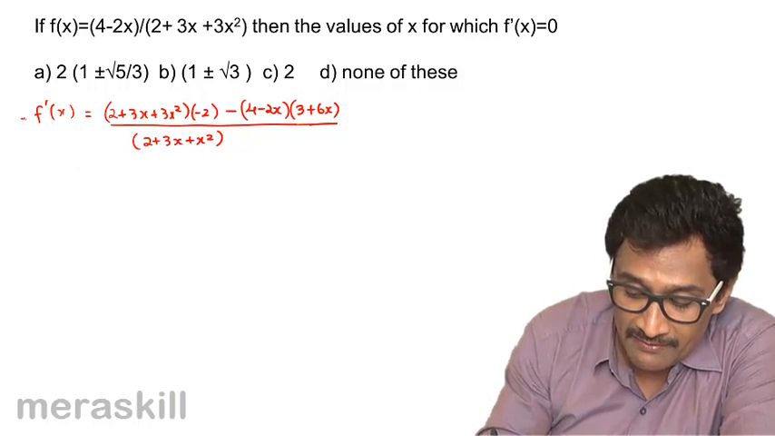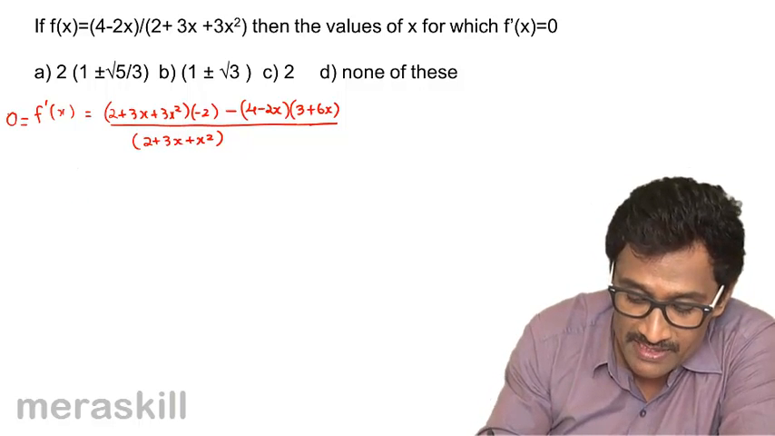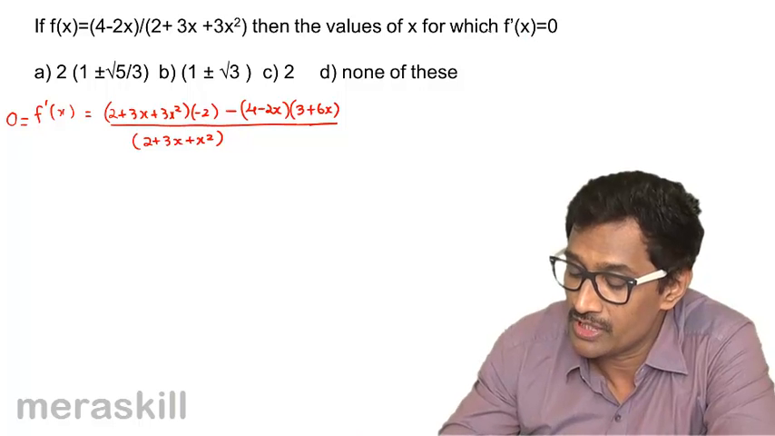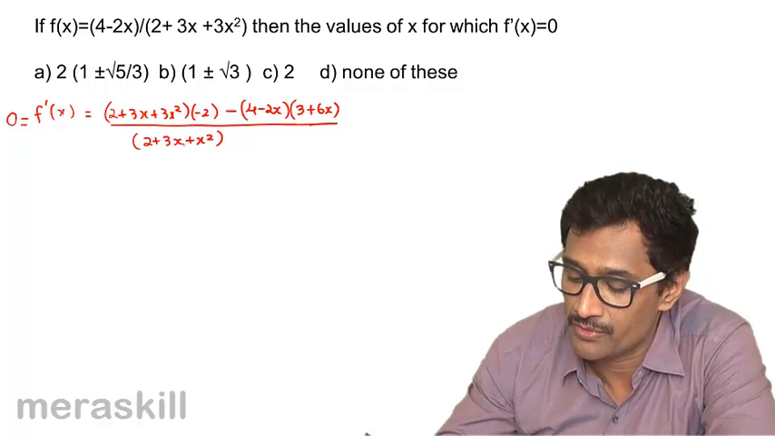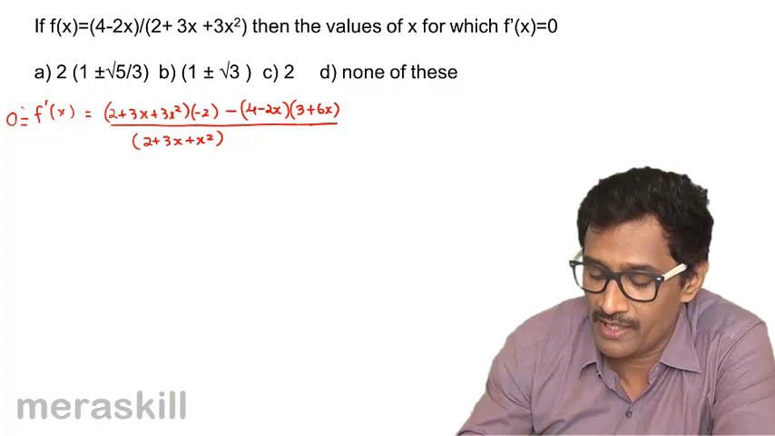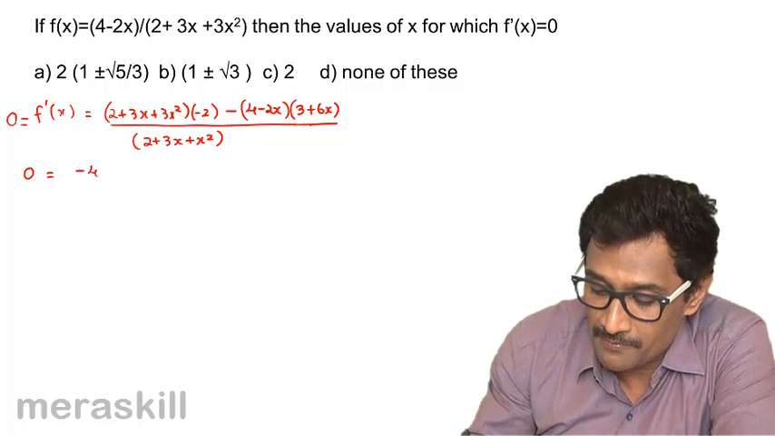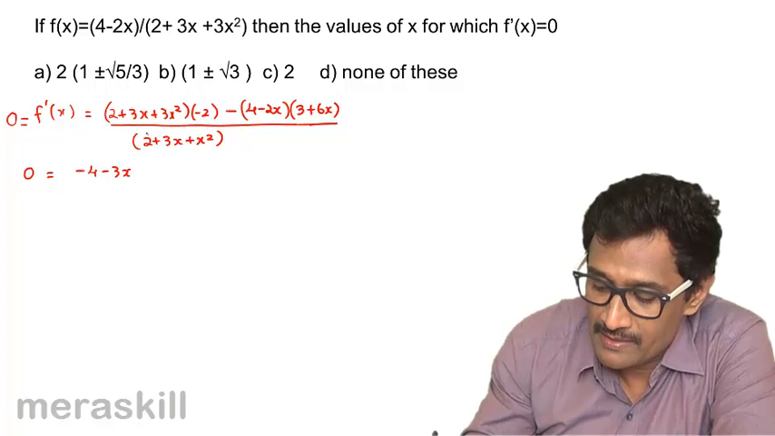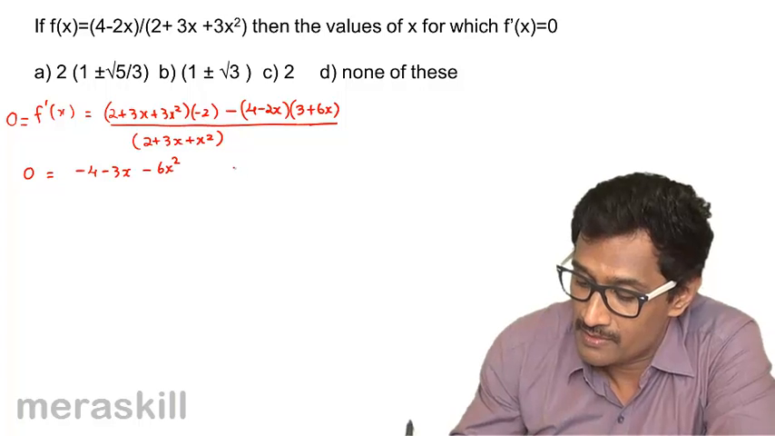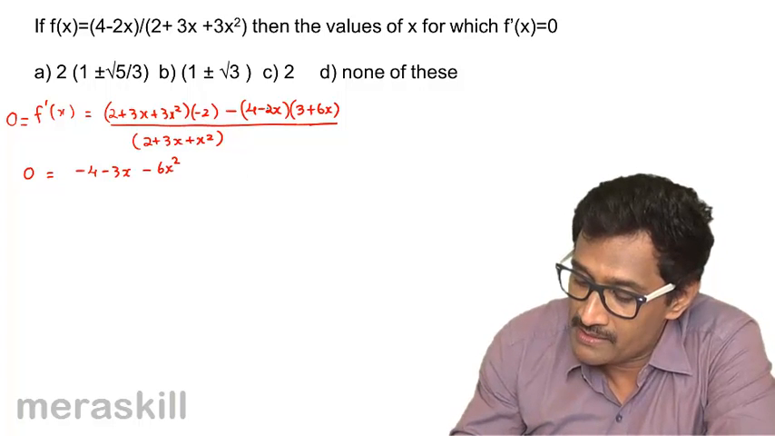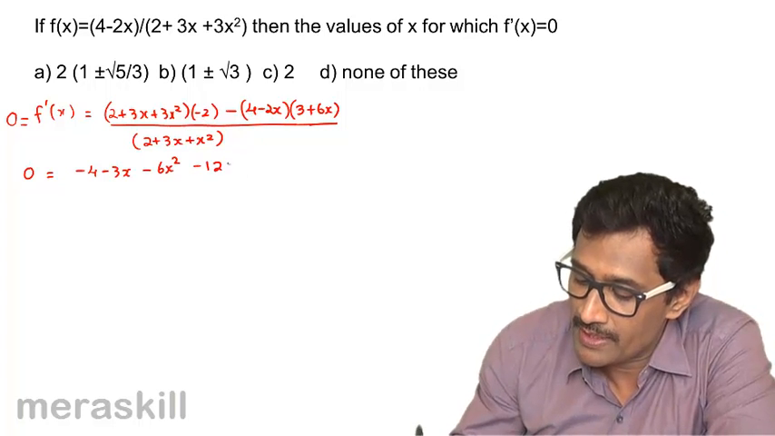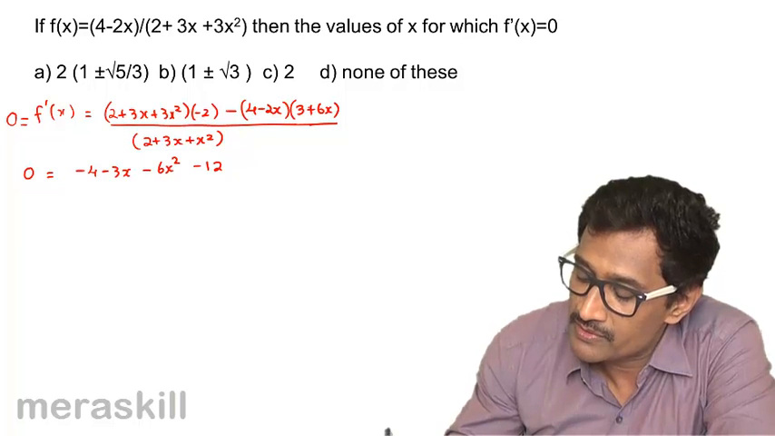But now this f dash x has been given to be 0. You need to find out the value of x for which it is 0. Now when you cross multiply over here, you get 0 is equal to, you need to open this, minus 4 minus 3x minus 6x squared, minus 4 into 3 minus 12, minus 4 into 6x